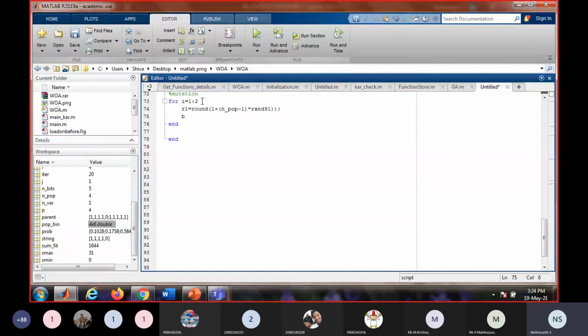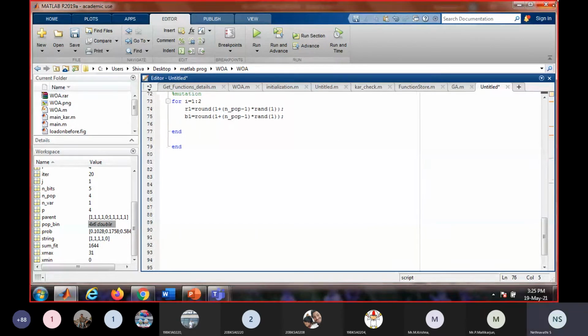And then which bit has to undergo mutation. Okay, it will generate a random value.